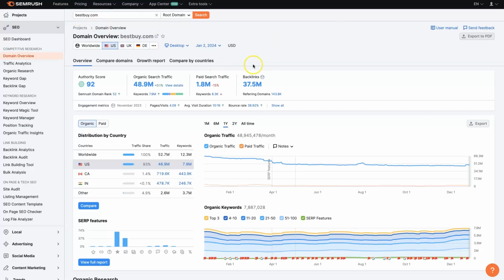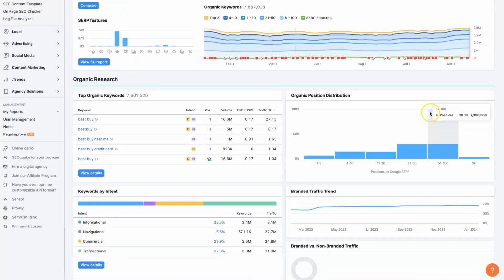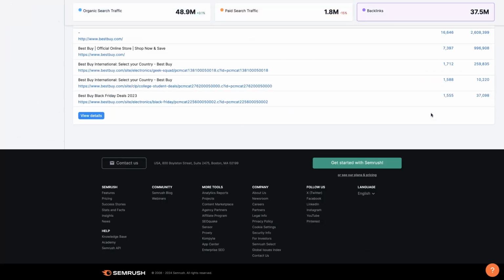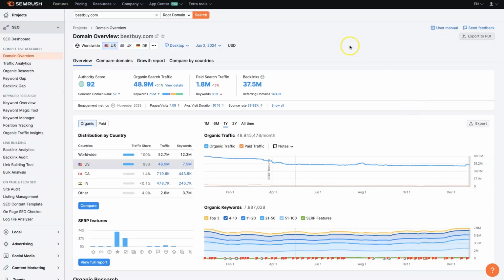But after you do that, it's going to give you an overall look from a 500-foot view of what's going on with the website. And this is predominantly focused on organic search traffic and paid search traffic on Google. So just keep that in mind as you're looking through this. But from here, we get a brief overview of what's happening in terms of their authority score, the search traffic, paid search traffic, number of backlinks that they're getting, and even some more specific data about how long people are staying on their website, how many pages people are visiting when they're on the bestbuy.com website,